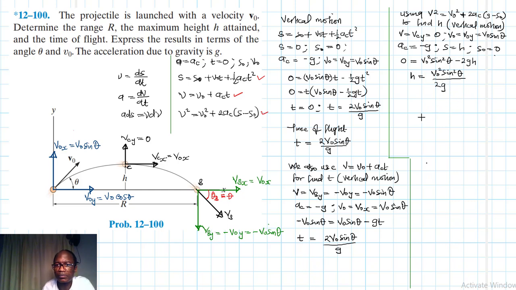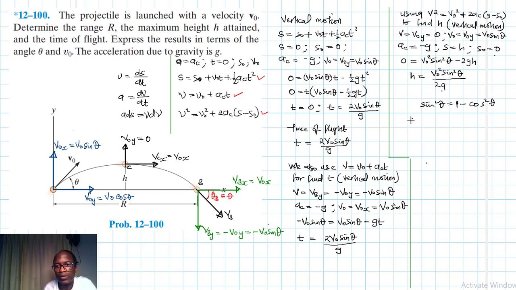We know that sine squared theta is equal to 1 minus cos squared theta, and then we know that